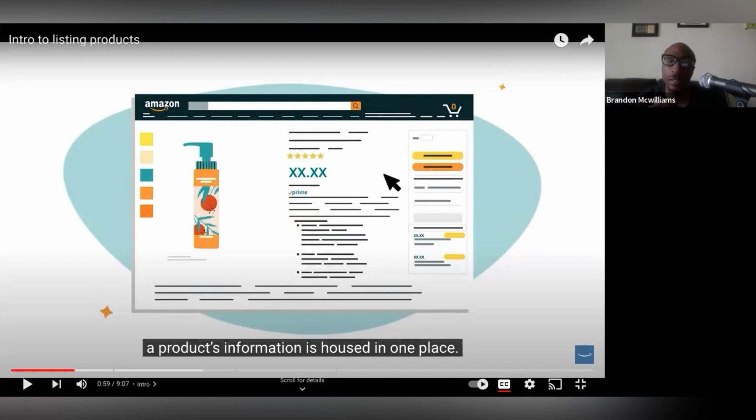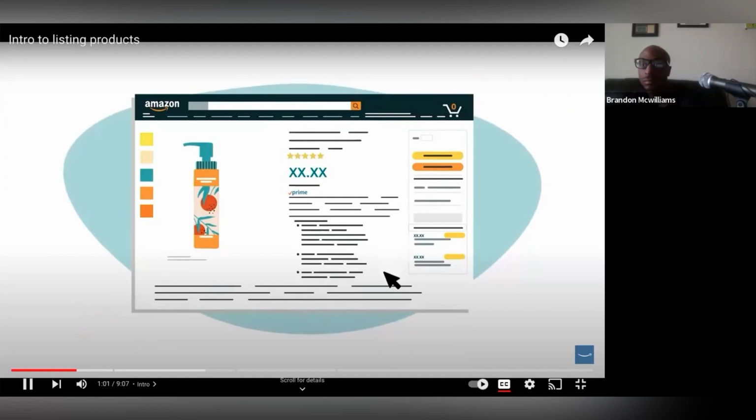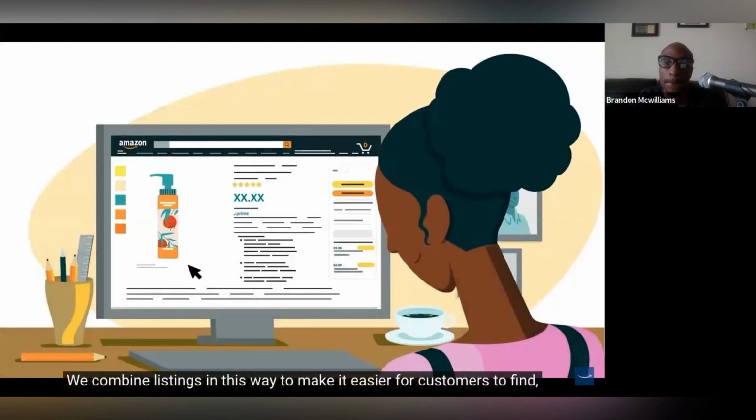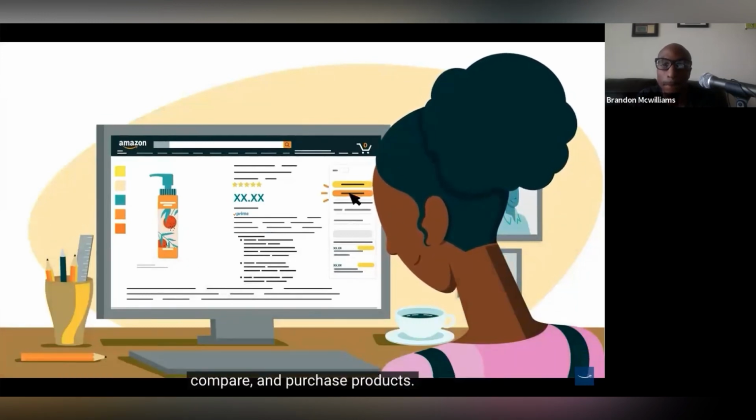And even if you're selling a product that already has a listing on Amazon, like if you're selling Nike products, for the most part, understand that the listing could make or break the product. A lot of products that have bad reviews, that's because the listing does not match the customer's expectations. Whether it's sold by one or multiple sellers, product information is housed in one place. We combine listings in this way to make it easier for customers to find, compare, and